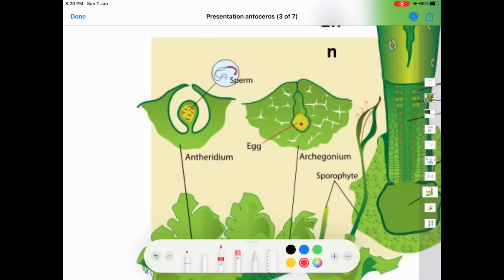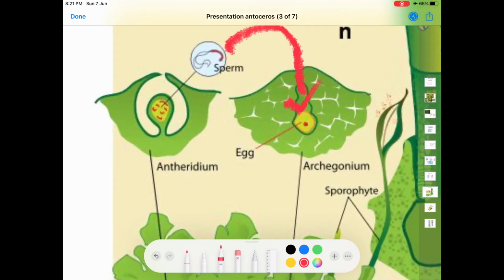Prior to fertilization, the egg enlarges and fills the cavity of the venter. The fusion of both male and female nuclei results in the formation of a diploid zygote or oospore. Thus, fertilization ends the gametophytic phase in the Anthoceros life cycle. Here, the zygote is the first cell of the sporophytic phase.